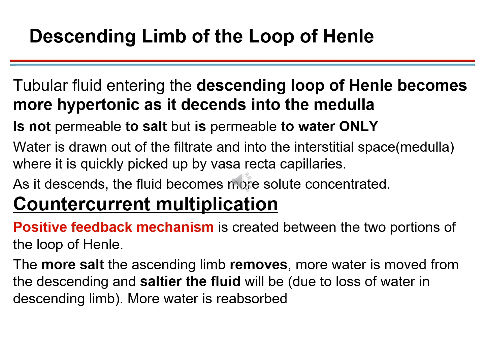As I mentioned before, at the time it is getting into the descending limb it is isotonic, and as it descends into the medulla it becomes more hypertonic. Now, that descending limb is only permeable to water, not to other molecules, and water is drawn out of the filtrate and into the interstitial fluid space, that is the medulla,